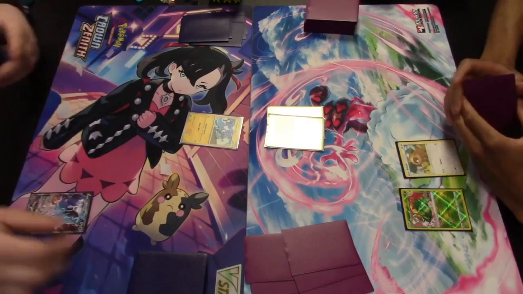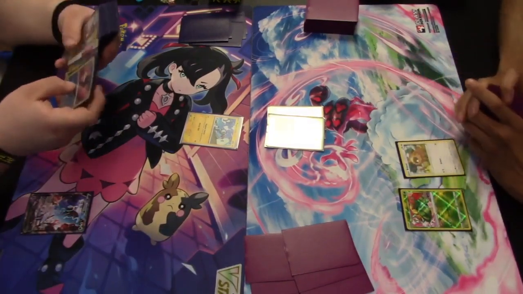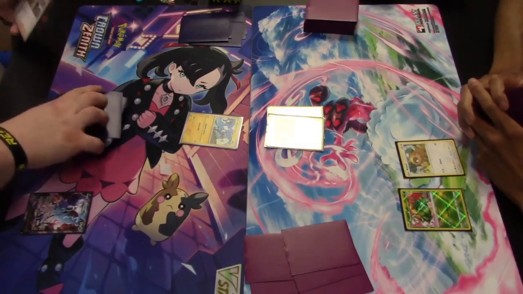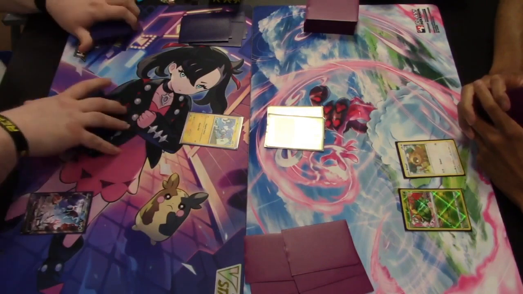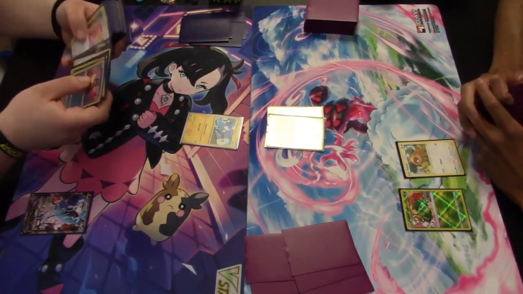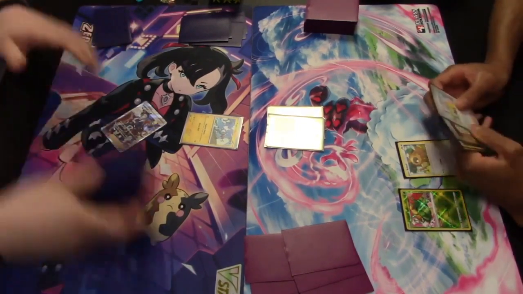And let's see what we got on the Dialga side. Lumineon V. Beautiful Lumineon V lets you search. Its ability lets you search for a supporter card from your deck and put it in your hand. Luminous Sign, I think, is that ability. Last seen on Tapu Lele GX. We're gonna find